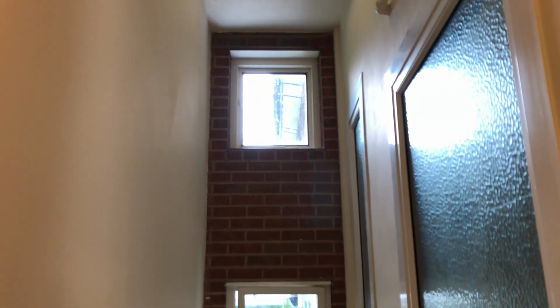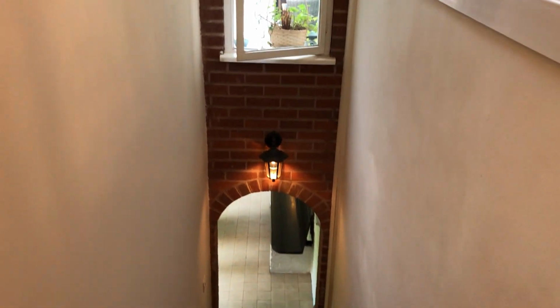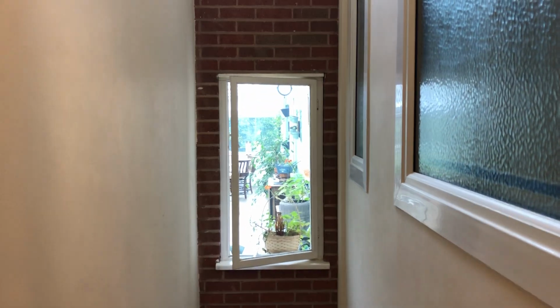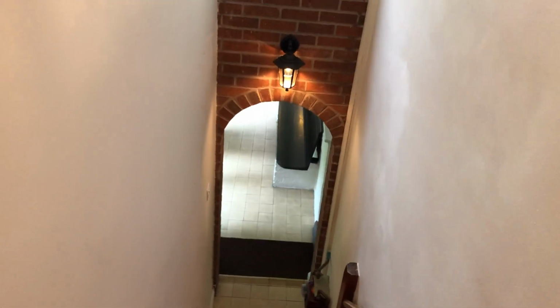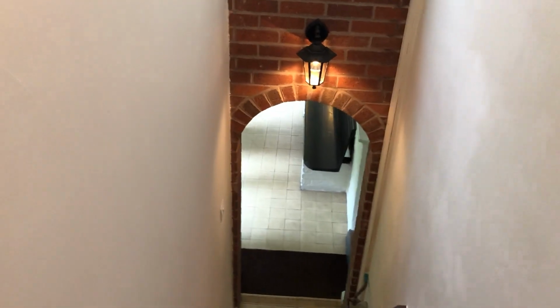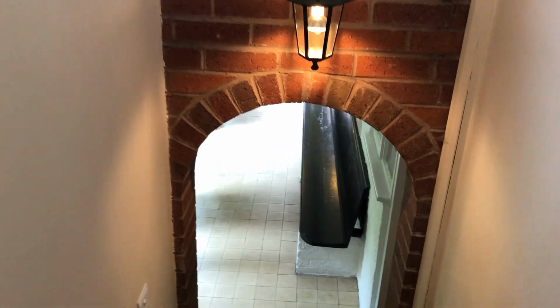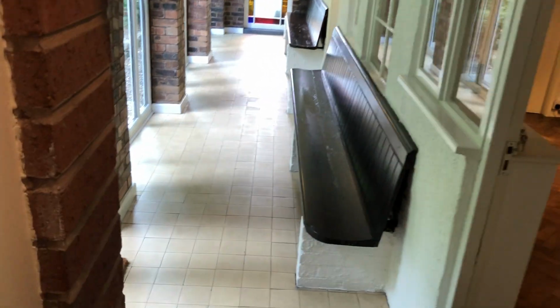This is the staircase that's taken us to the lower floor, and as you can see we've got lots of light still. There is a light well in the ceiling, and we've got a lovely window that overlooks from the conservatory. We've got some windows here that overlook from the landing, and we're going down now to the cloisters. Lovely feature of this property again. So here are the cloisters,